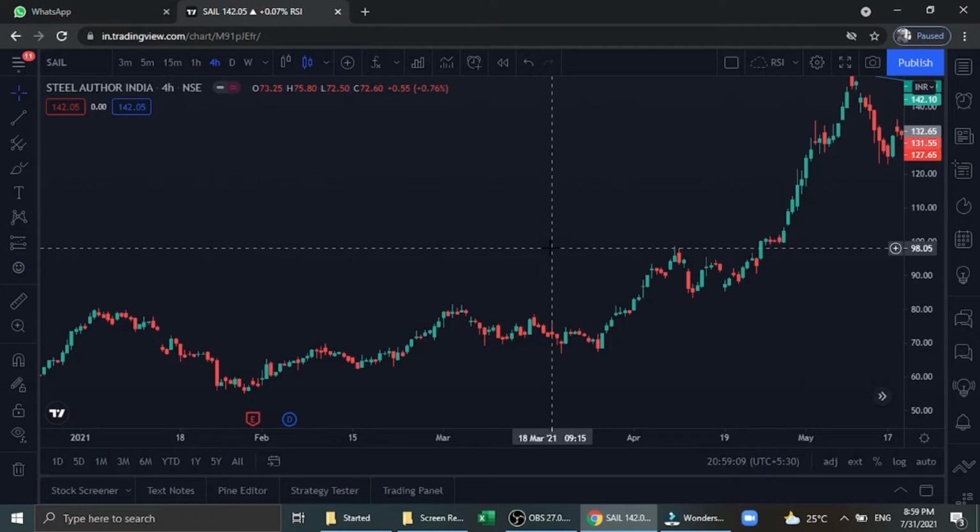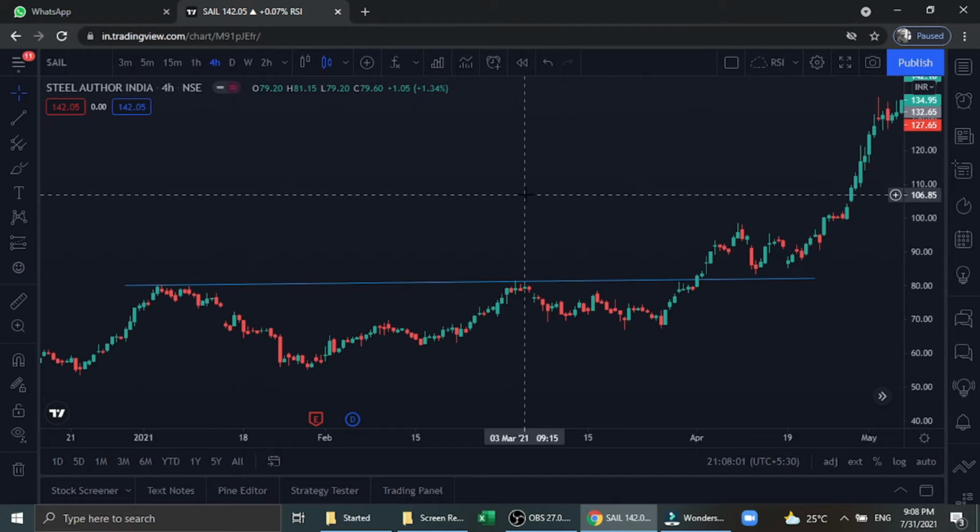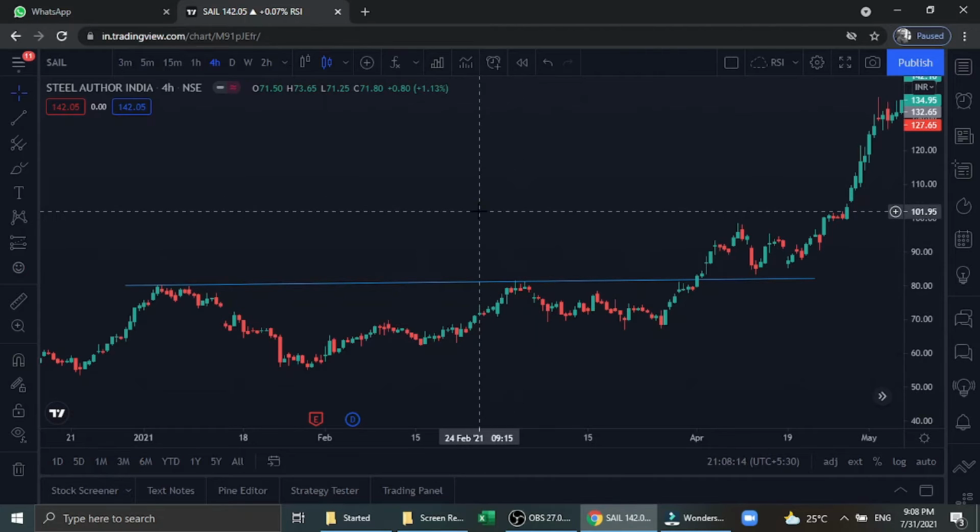One is nothing but Bollinger Bands, and another is RSI 60/40 settings. Among RSI and Bollinger Bands, I use Bollinger Bands for identifying the starting point of the momentum and to identify the end of the momentum. So, in this video, we look at only on how to use Bollinger Bands to identify the momentum of the trend. So, let's get the Bollinger Band indicator.